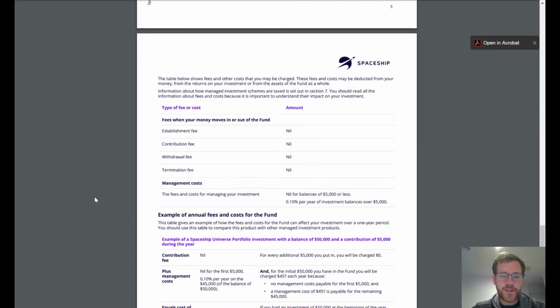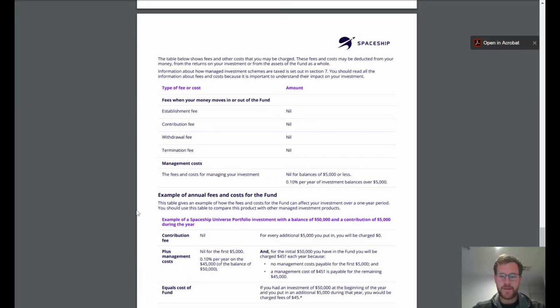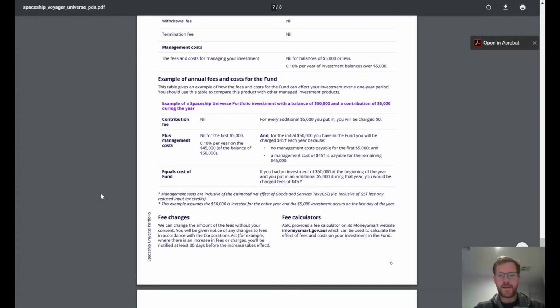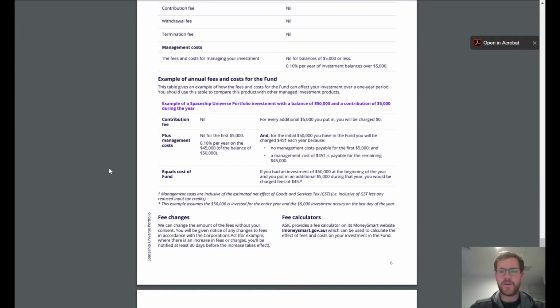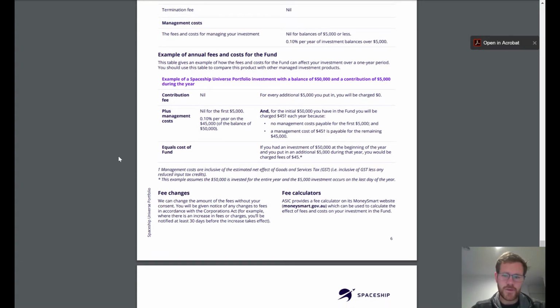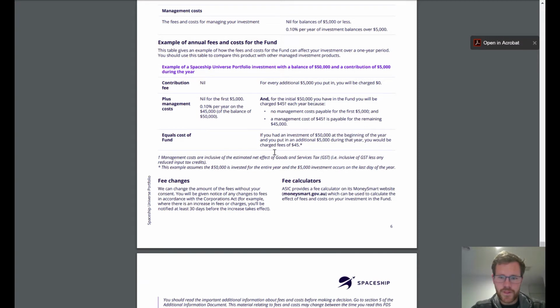The awesome and really cool thing that I love about Spaceship, especially if you're a beginner investor, is that you pay absolutely no fees if you have a balance of $5,000 or less, which is simply amazing. And the best part is that it's 0.1% per year on investment balances over $5,000. Here's an example for those who are unsure what that might be. Based on an example of $50,000 in the Spaceship Universe portfolio, you will get a fee of no more than $45